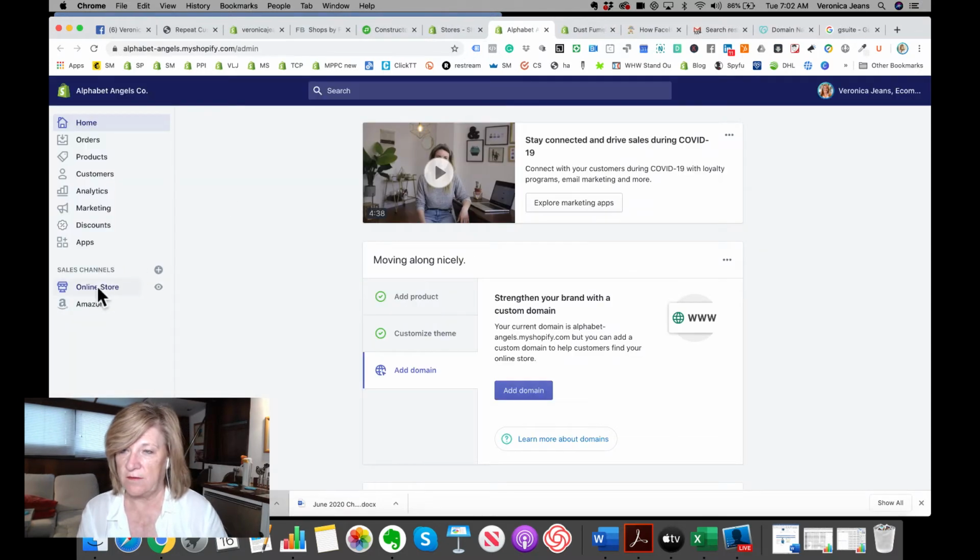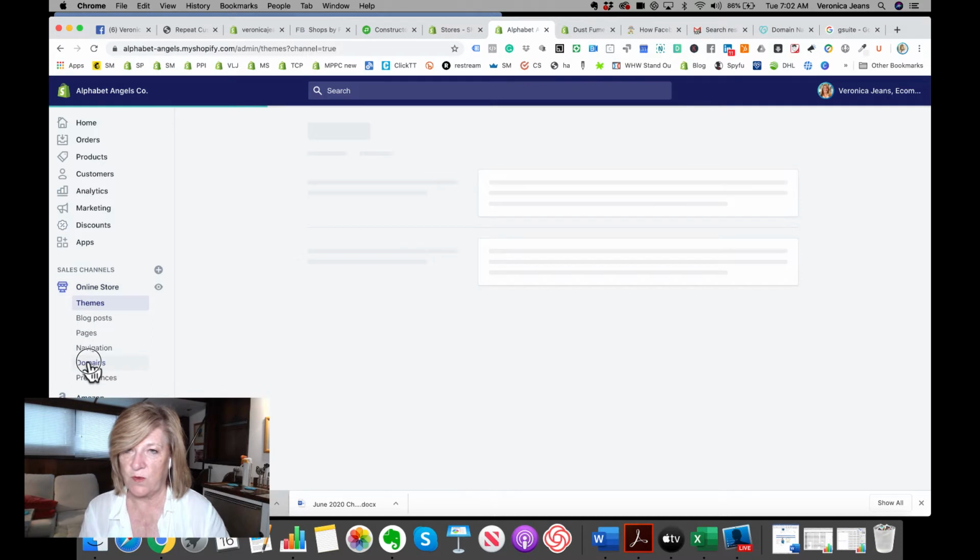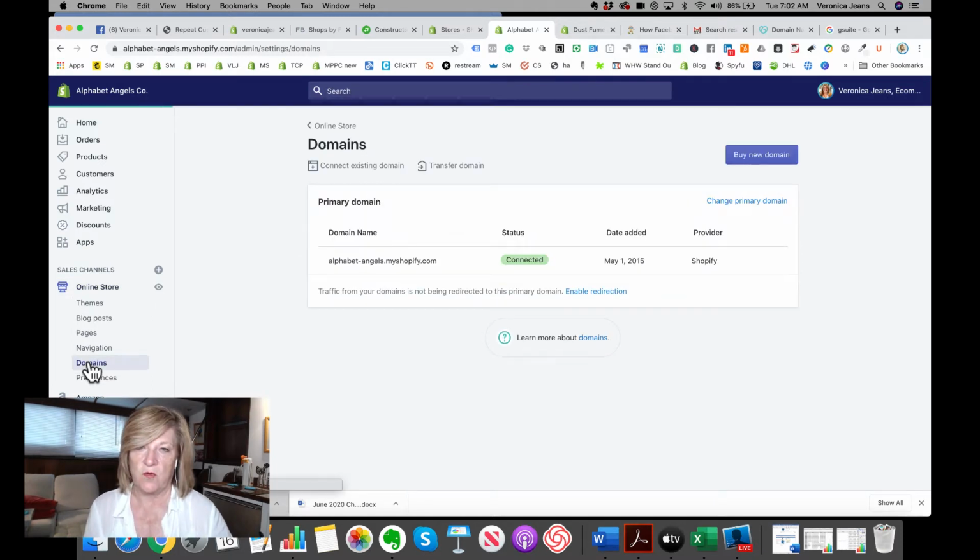Okay, so let's have a look here. I just want to show you what a clean store is like. Oh, so all that's been registered is my store name. So when you register your store, that's what's going to be registered as a domain name. Okay, it's not a real domain name. You should actually create your own domain.